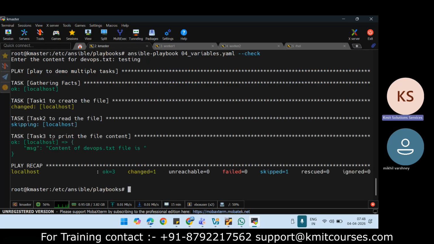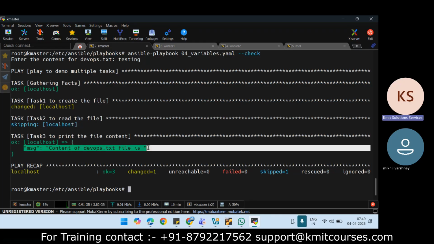right? So it is saying that it gathers the information from my localhost. It is reading the file, but the file does not exist. It is saying I will make the change. Here task one, yellow color means what? Means the desired state will be changed, right? It means that the file does not exist, it will create the file, right? But it has not created. Now it is saying next read the file. It is not able to read because that file does not exist. And at the end it is saying the content of the file is blank because everything is running in